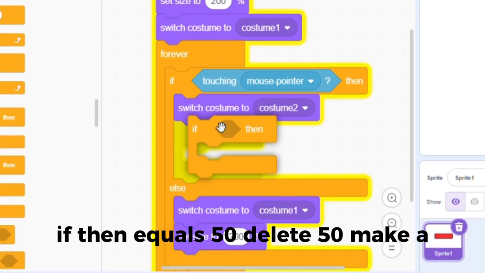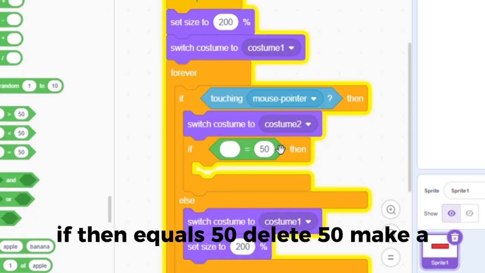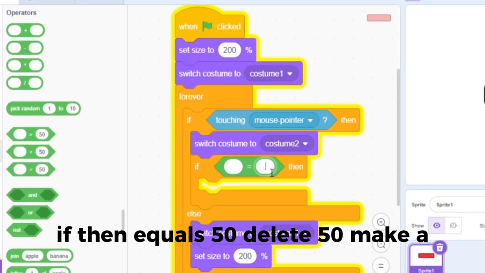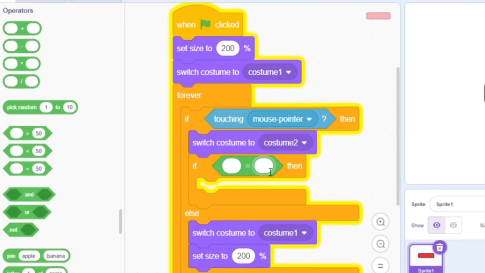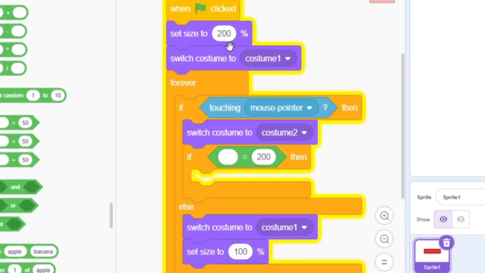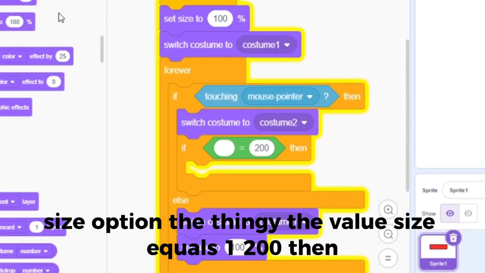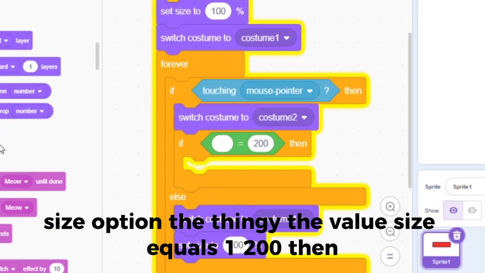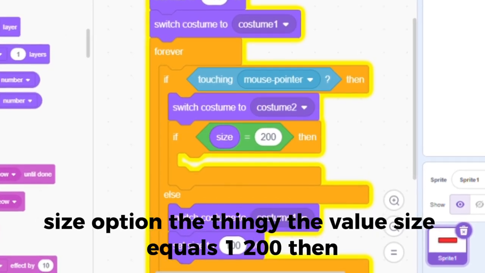If then size equals 50, actually let's make it 100. Size option, the value: if size equals 200 then